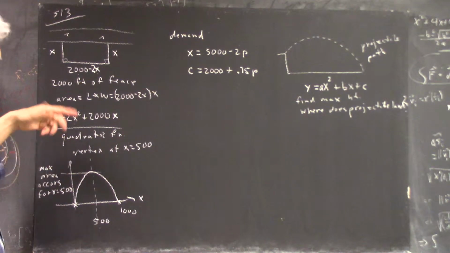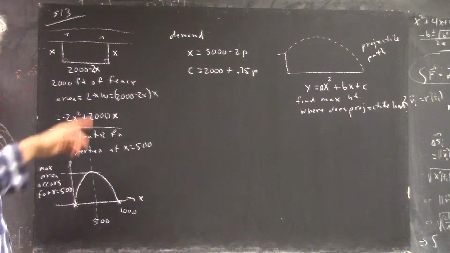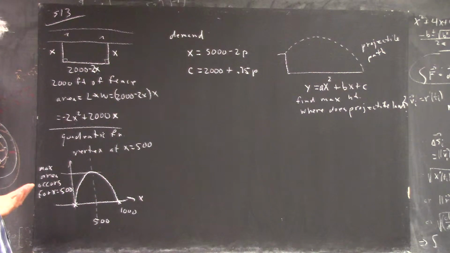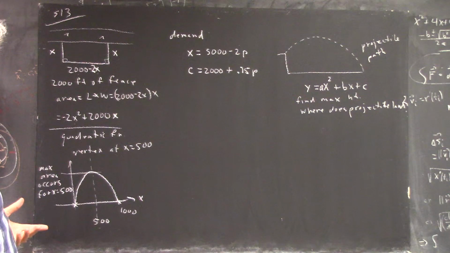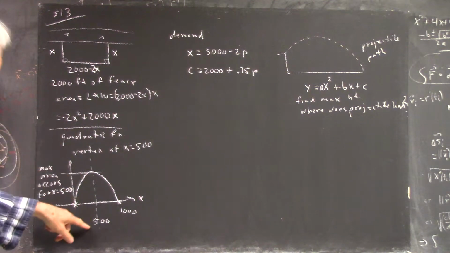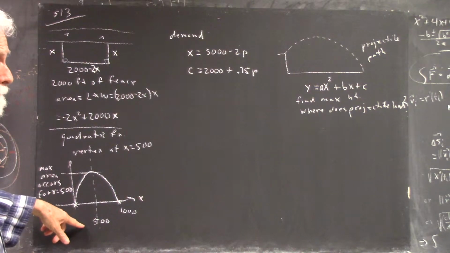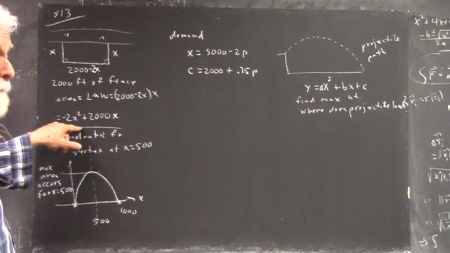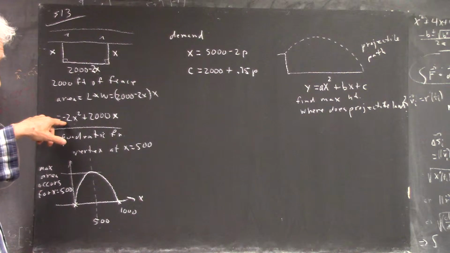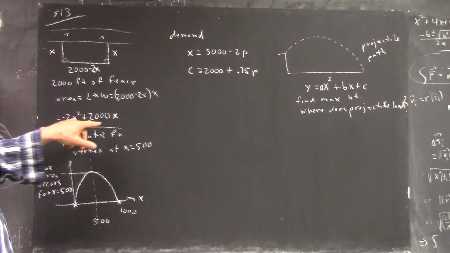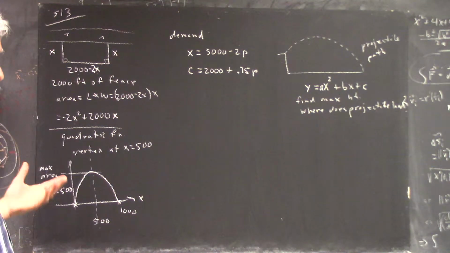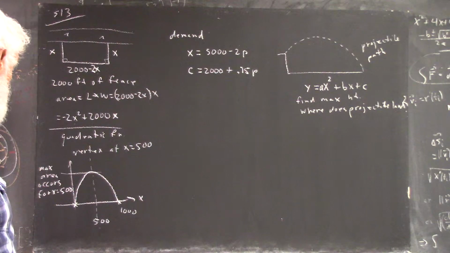Yeah, and negative 2 times that's 5,000. But 2,000 times 500 is 100,000, is a million. No, I didn't square, okay. Square 500, I did that wrong. It's 25,000. No, it's 250,000, okay? And negative 2 times that is 500,000, and 2,000 times 500 is a million,